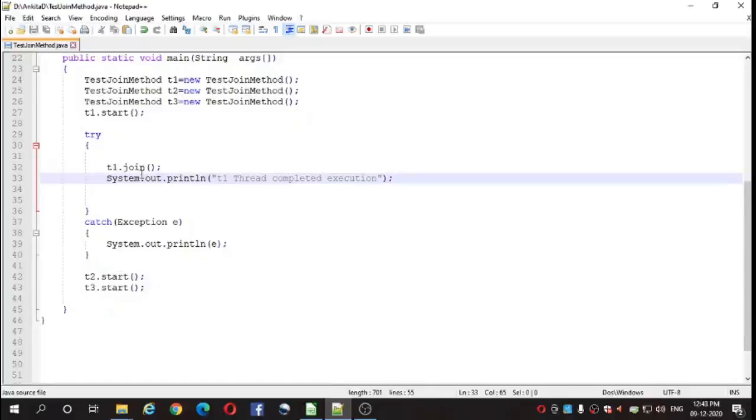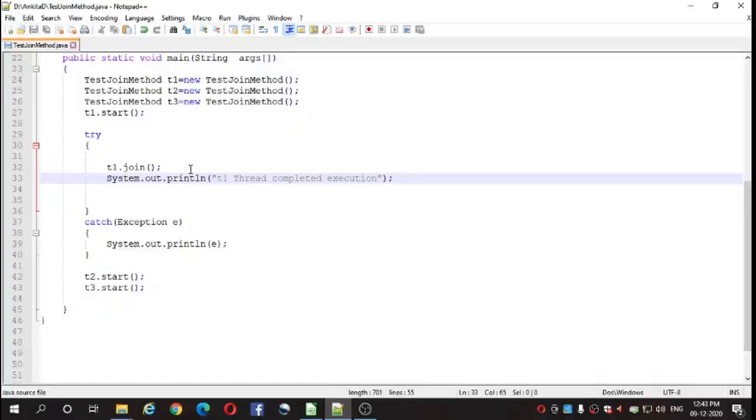And in the catch block we display the exception which occurs from the try block. Outside the catch block we have written T2.start and T3.start.